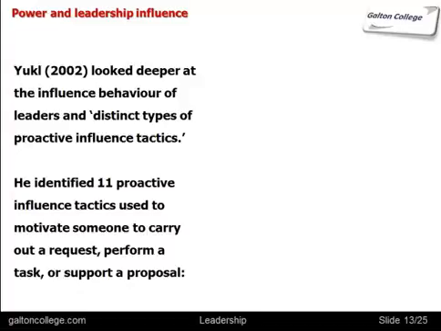He identified these 11 ways, and these are under the heading of rational persuasion. Rational persuasion is not based on a belief. This is used as a method of getting the workers or the subordinates to follow the direction that's laid out by the leader, and it's explained to them rationally. The first way is by